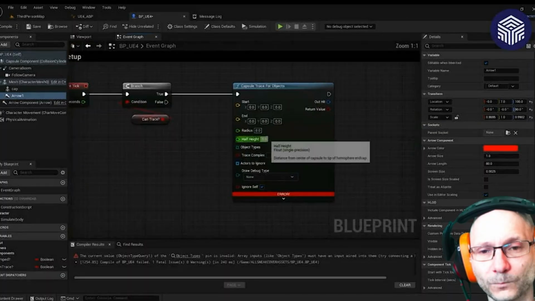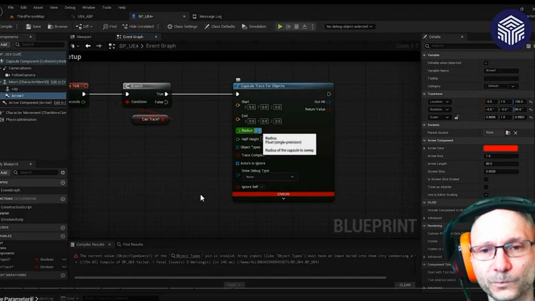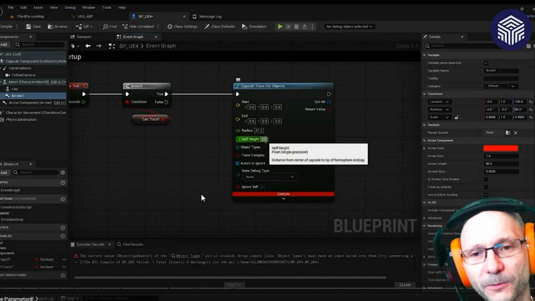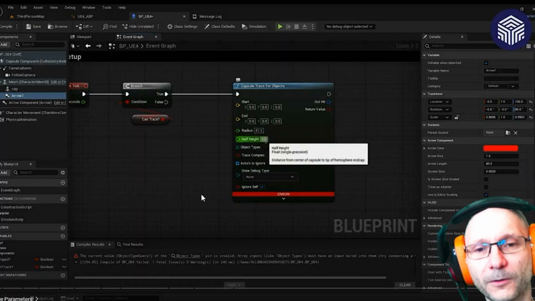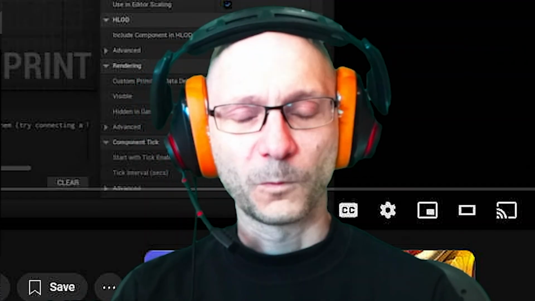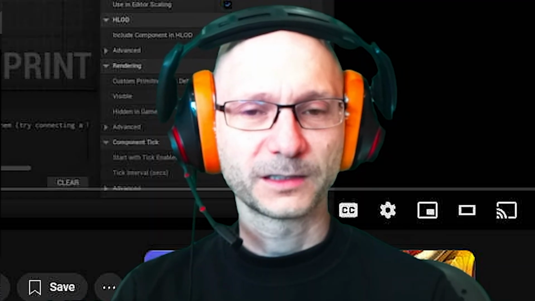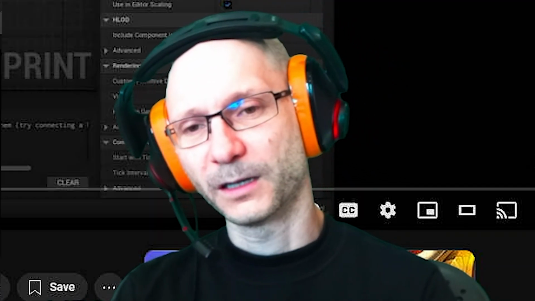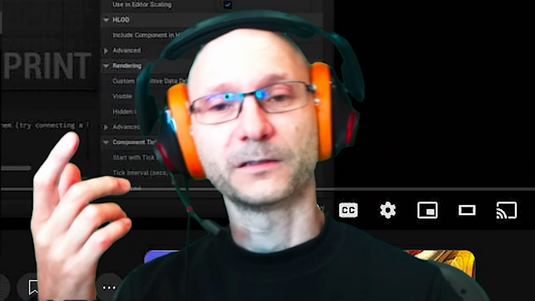Alright, here the radius of the capsule trace for objects is going to be 41. Maybe we would like to have this with the character right now, but I don't know, I'm just going to follow the video with the hope that the scale of the character from this tutorial is the same as the default Unreal Engine.